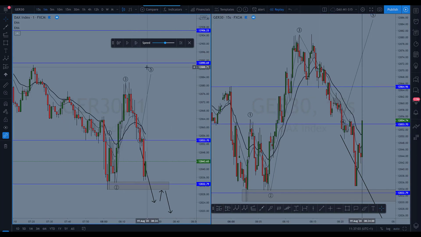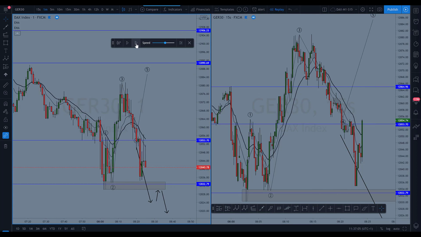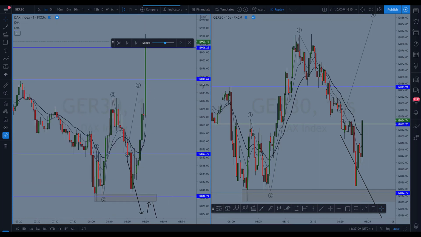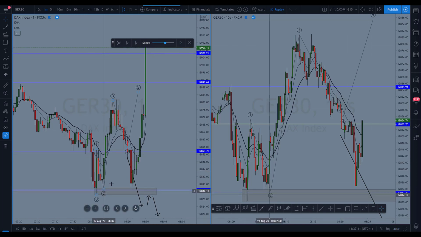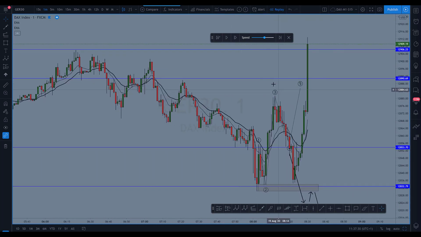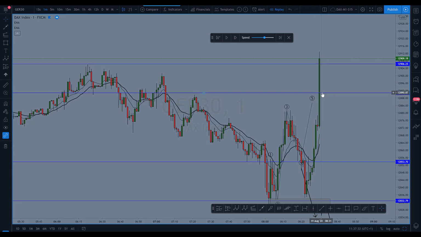So let's just roll this a little bit further. See what's happening here. What just happened? So what we thought was a 1, 2, 3, 4 and a 5 turns out this was a 1 and a 2, and that's a 3 up. Right? Let's expand this chart. Not interested in the 15-second chart for now. Can you see what it did? It